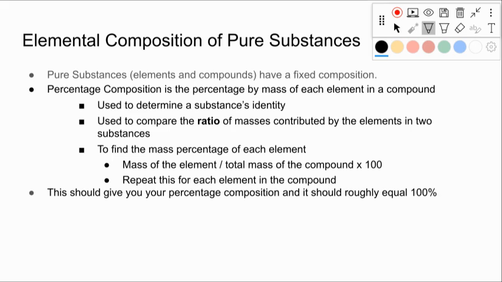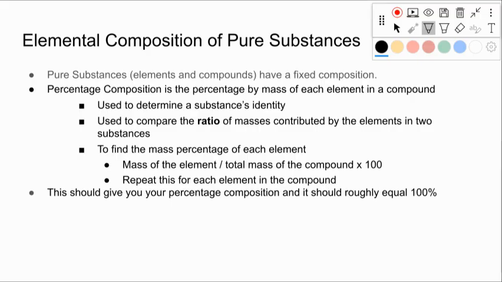This topic for AP Chem is elemental composition of pure substances. And in this topic, we have to find the chemical formula of a substance from given information. Now, a pure substance is what we're going to talk about in this section, and that is an element or